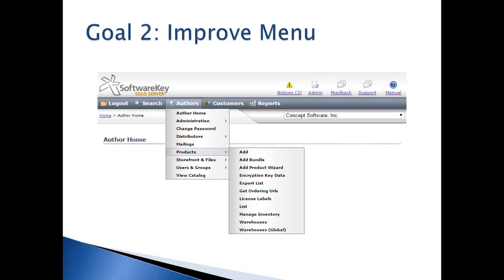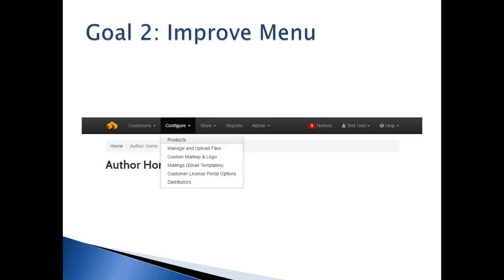The second design goal is to improve the menuing system. The current multi-level menu is difficult to navigate and often very easy to lose your place in the menu as you're going through the different levels of the menu. And this menu did not work on touch devices. In addition to making the menu responsive, touch-friendly, more visually appealing, it's also sticky at the top of the screen. So as you are on a long page, you don't have to scroll all the way up to the top